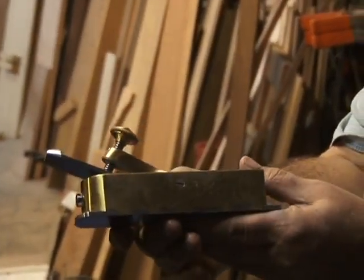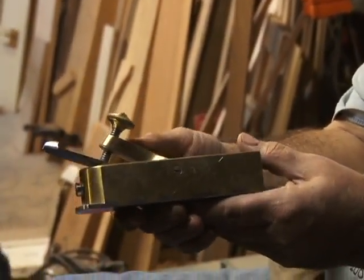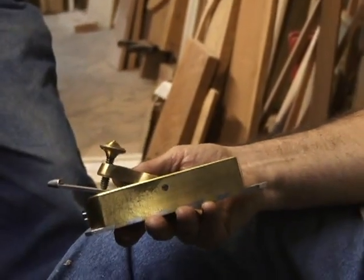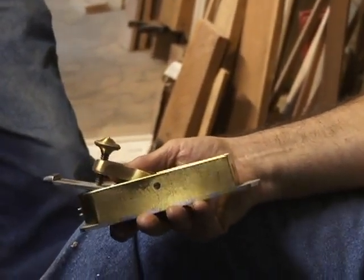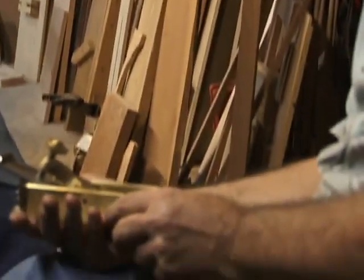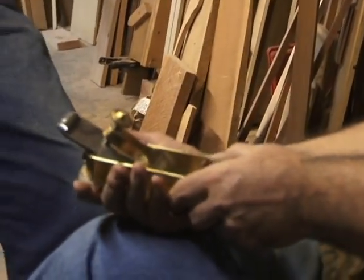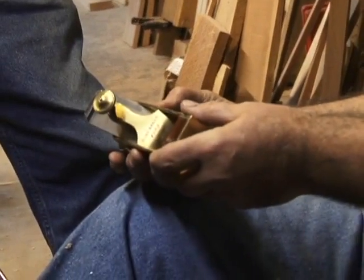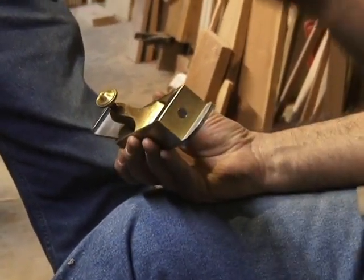That's one of the 4 tools that were featured in Fine Woodworking magazine. I bought that one and a chariot plane that I have over in the case from Bob. 1983. Yes, that was one of the early ones that he made, and that plane and the chariot plane that I bought from him at that time are unique, almost unique, in that he